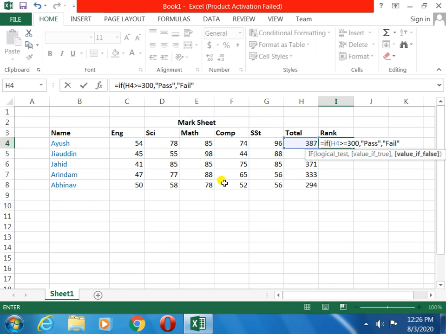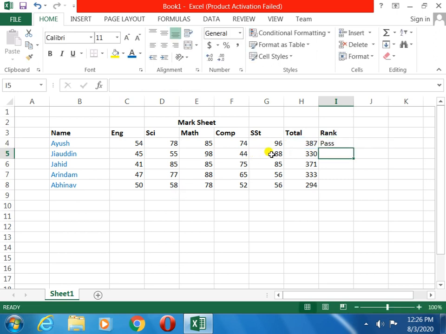Next, I close the first bracket, then enter. Now you see this 300, more than 300, so pass. For the ones below, no need to write the syntax. We will go to the plus sign and drag it. You can see only one student got less than 300, so fail. I hope you understood this.